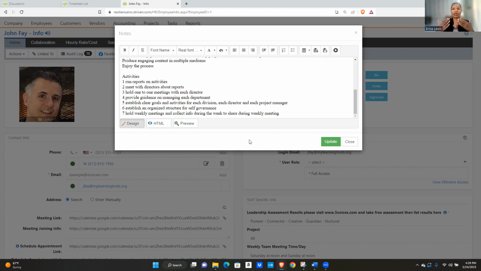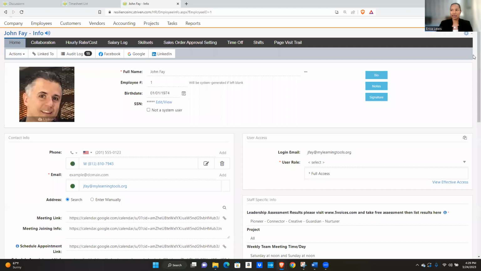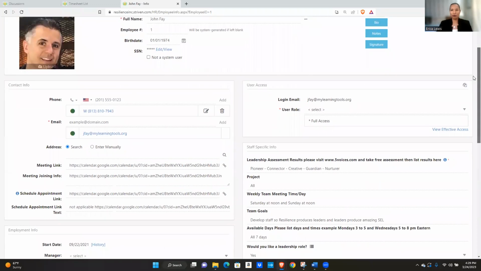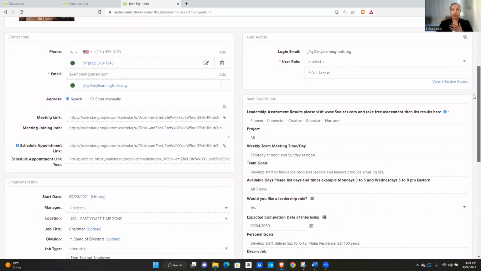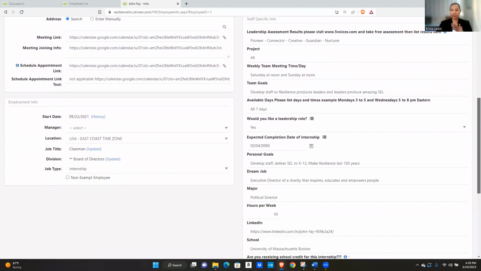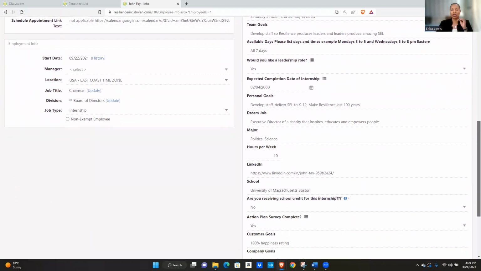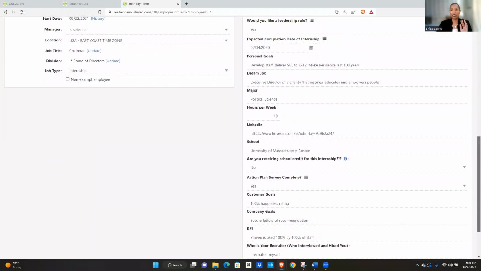Because at the end of your internship, we want to make sure that we provide accurate and detailed information regarding your contributions as an intern for this nonprofit organization. Okay. Again, this is very important. This is what we look at. This is what I look at within my division, just to make sure everyone has updated information,